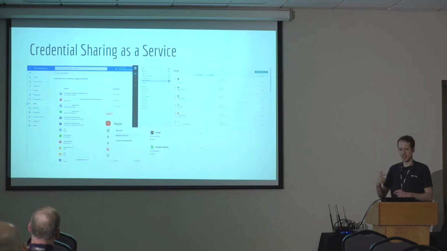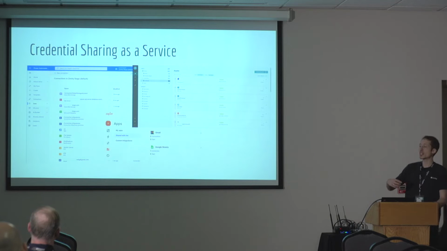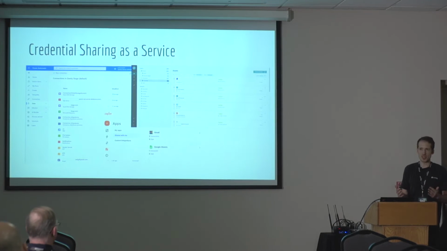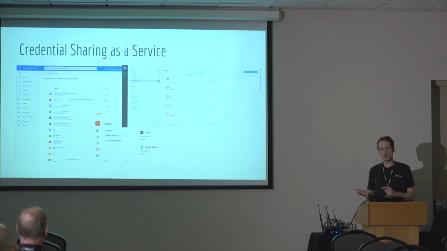And actually all of these platforms have some kind of notion of a default environment, a place where you develop the applications, a place where everybody has access to the shared resources. This place also stores shared connections, and in many cases this is the default. So you create a connection, it becomes shared with the entire default environment. If you're using Microsoft or Zapier or Workato, check out these default environments. You'll see in large organizations, we've seen SQL credentials to production databases, people's own accounts to Office or to Outlook, and they are just there. They're waiting for somebody to pick them up and use them.